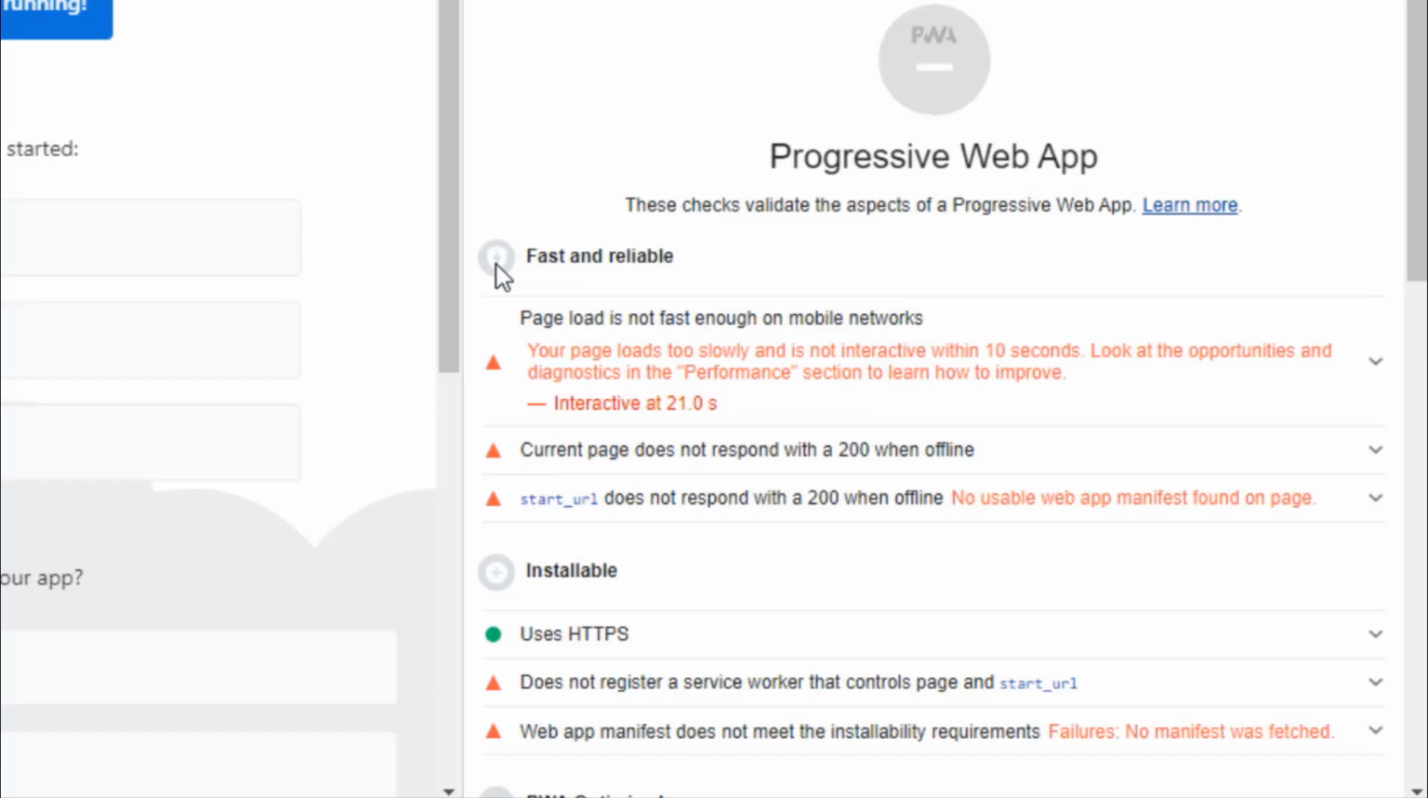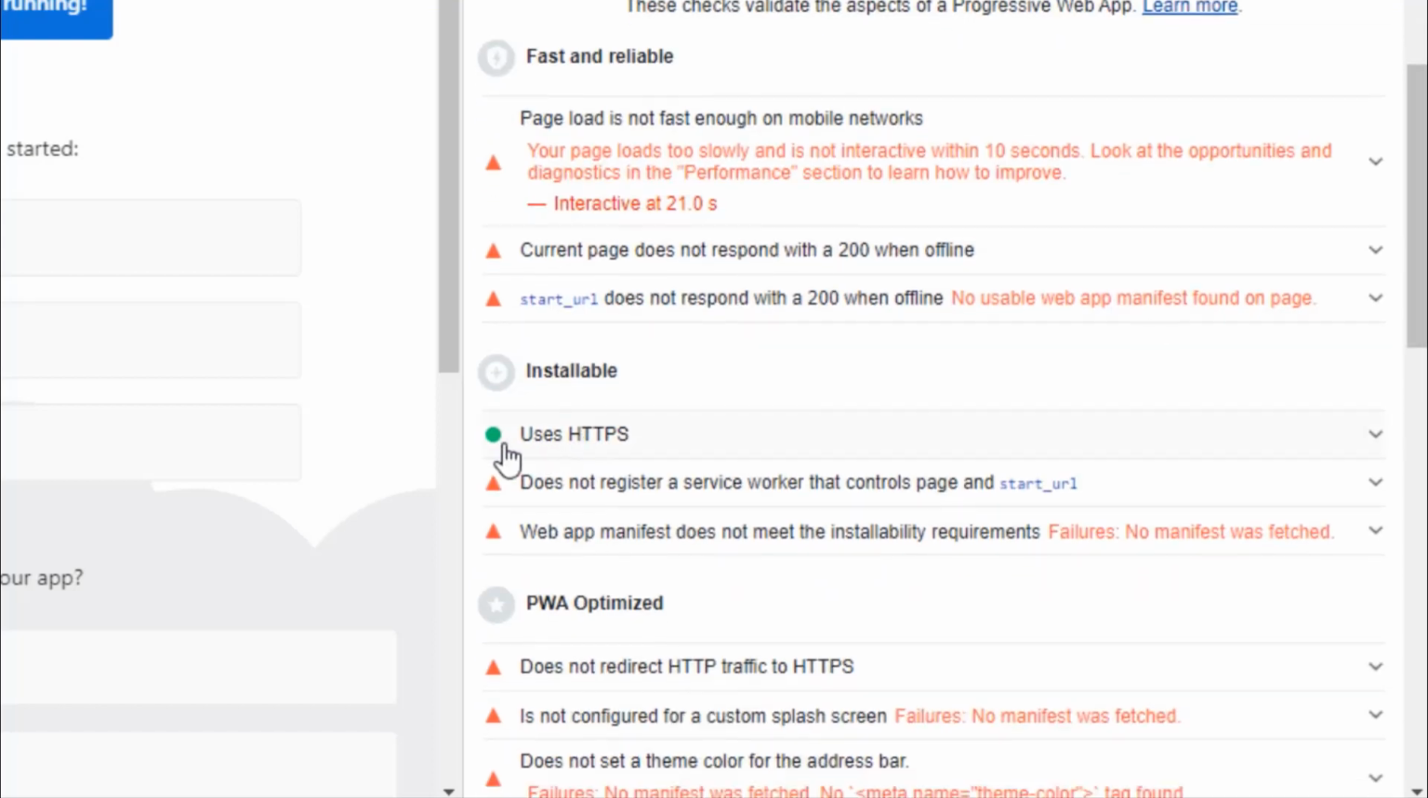As of now, we don't have a single badge. And this is not a progressive web application. Our application is scoring 0 out of 3 on fast and reliable, 1 out of 3 for installable and 2 out of 3 for PWA optimized. For the installable badge, we see a green tick, that we use HTTPS, that is because localhost is as good as